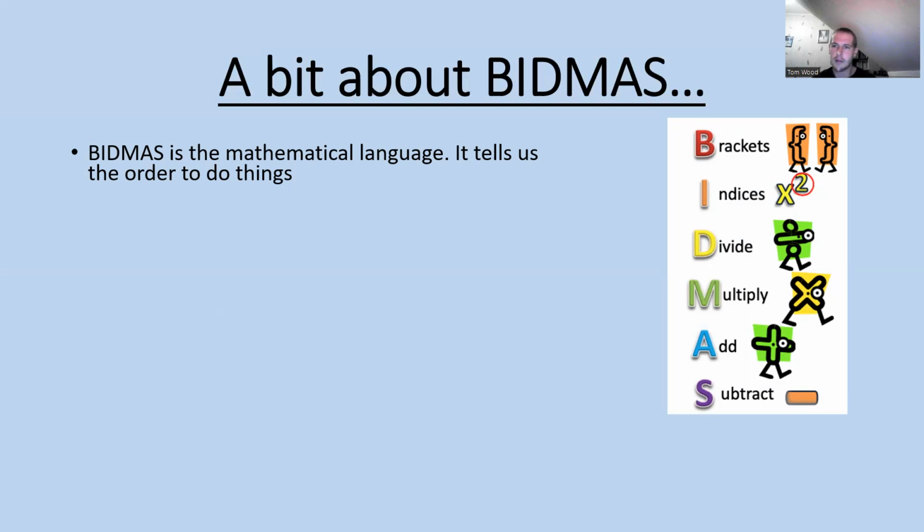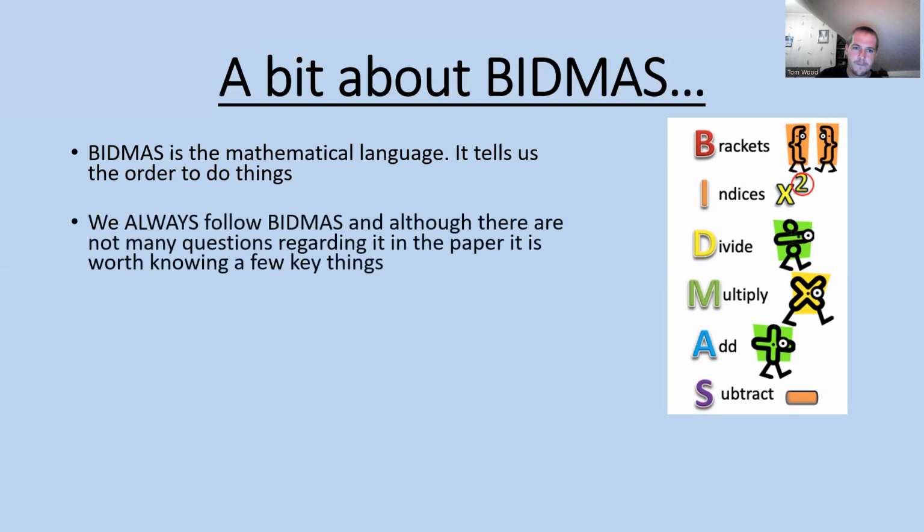On the non-calculator paper, though, this has been popping up more, and they have been putting in slight linear problems on here. So we just need to know what is the order that we do things. We have this order and we follow this order to keep everything unified. The reason being, again, if I had a certain question as an example, so let's say